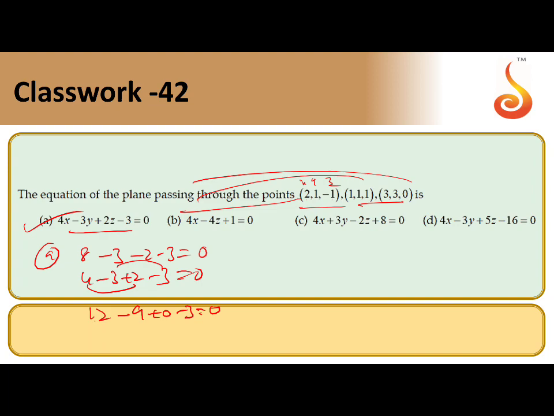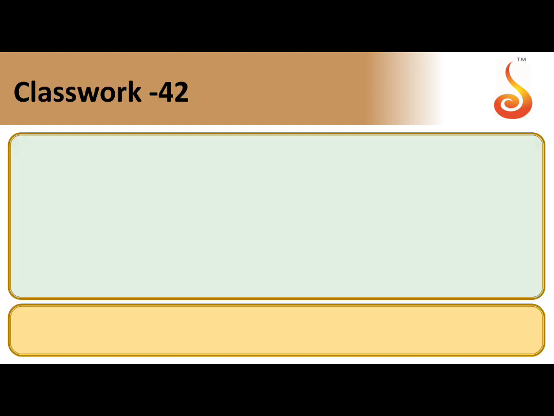In the normal method, you would take the formula: the determinant with rows x minus x1, y minus y1, z minus z1; x2 minus x1, y2 minus y1, z2 minus z1; and x3 minus x1, y3 minus y1, z3 minus z1, equal to 0. It's a long process, so sometimes verification is helpful for solving the question. So when a plane passes through points, apply verification. That is the easy method to get the answer. Got it? Next. Check the answer, correct or wrong. A is the right answer.